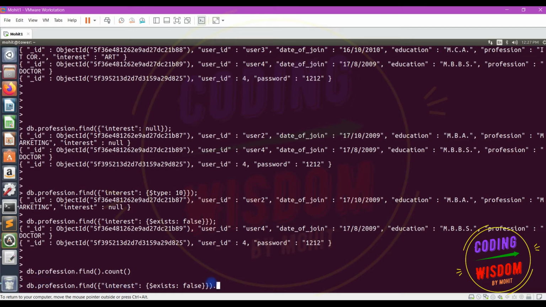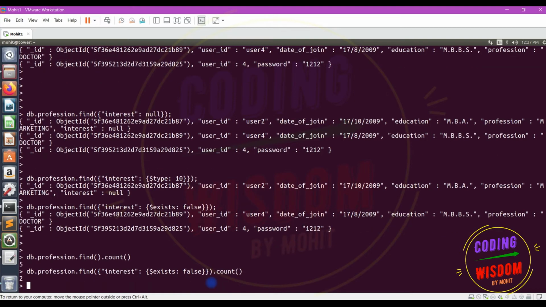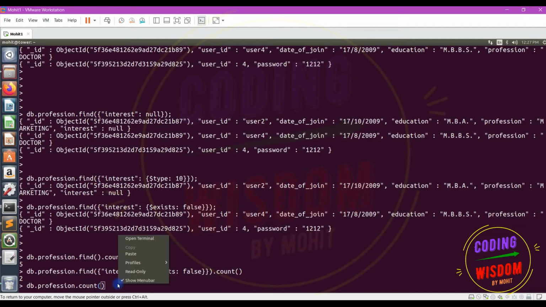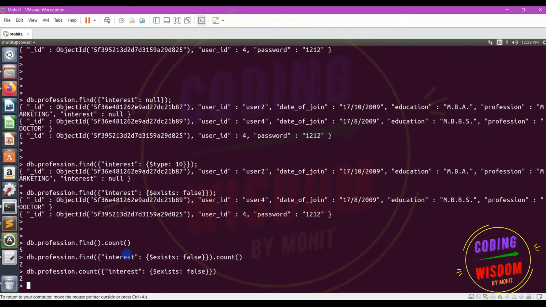How many documents are present? 2 documents. So in this way, you can use count. Or you can use count without using the find method. You can directly put this condition in the count. Okay, so this is another way to use the count.